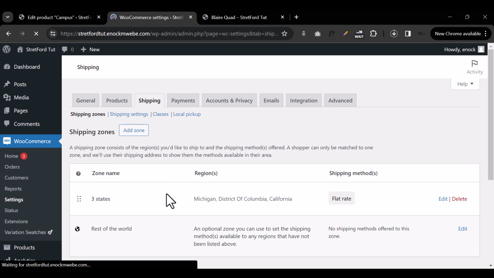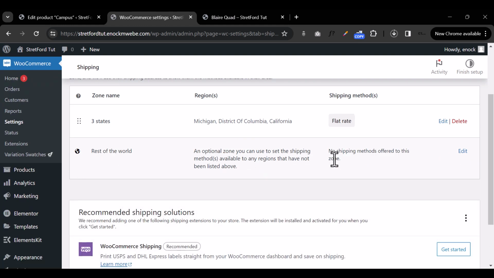Okay, and by default they create for you one that says rest of the world. So this includes people who are not living in the region that you've specified or is shipped. Someone may be living very far, say in Canada or in Alaska, and you might say, you know what, I don't have time to handle all those shipping zones. We don't get customers from there, but in case we get someone who